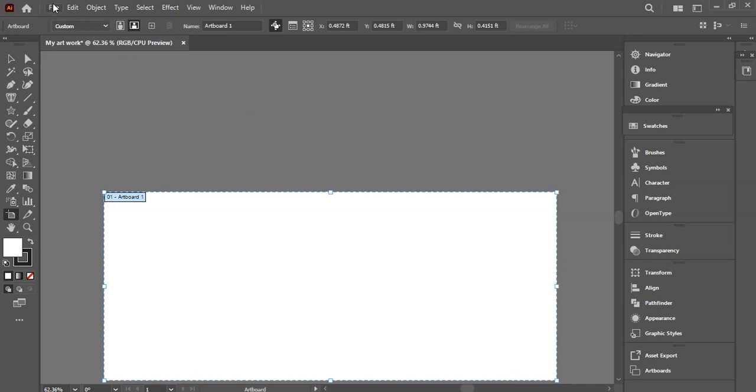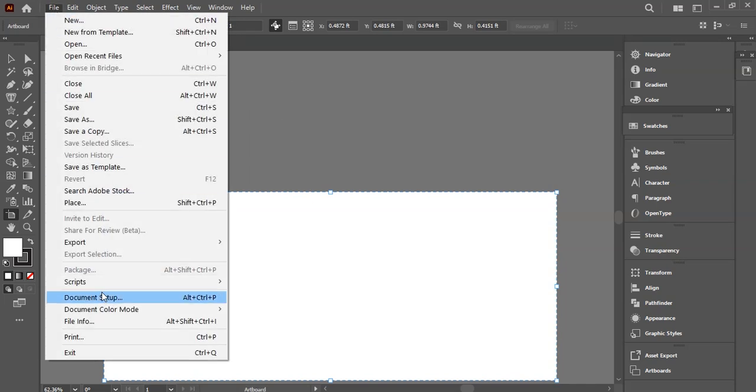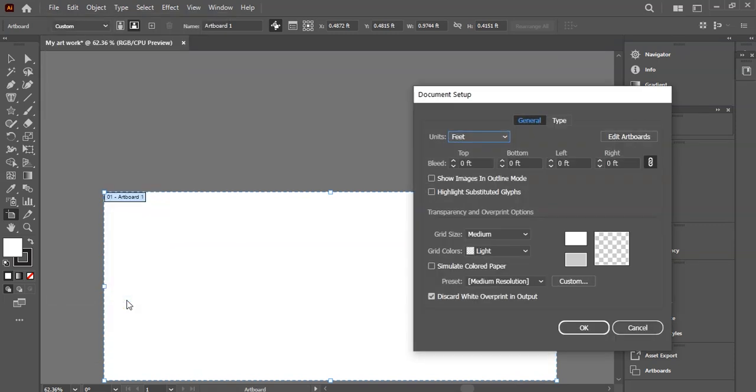You go to file, document setup. You can press Alt Ctrl P to access it. Click on document setup. If I find that my artboard or my workspace is in the wrong dimension as I desired,